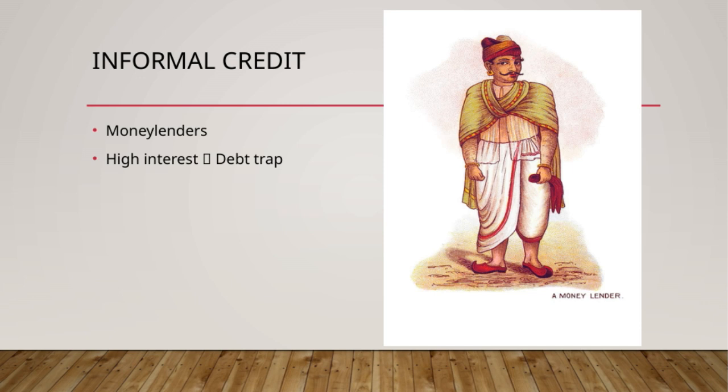Now, many people rely on informal credit sources, like local moneylenders, because they might not have access to formal banking systems. While this can seem like a quick fix, it often comes with significant risks, especially if the interest rates are sky-high. Connecting this to the bigger picture, these practices highlight the vulnerability of those who lack formal financial options and how informal credit can sometimes deepen financial struggles. It's an important part of understanding the broader challenges in financial inclusion.